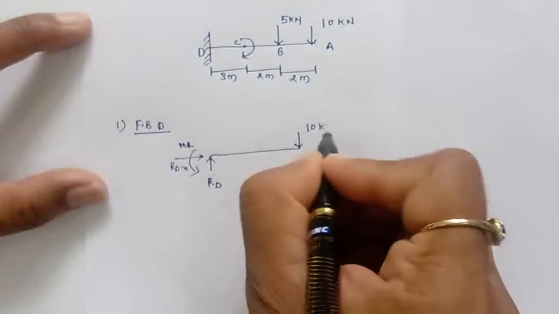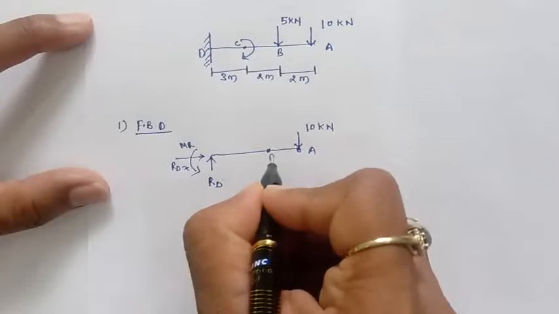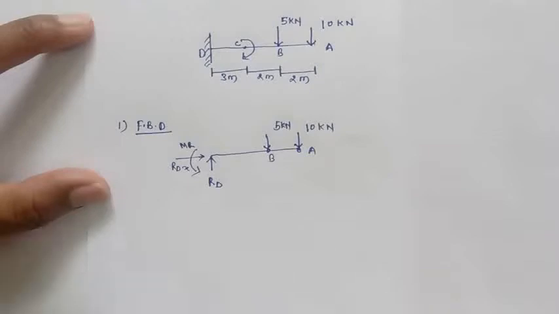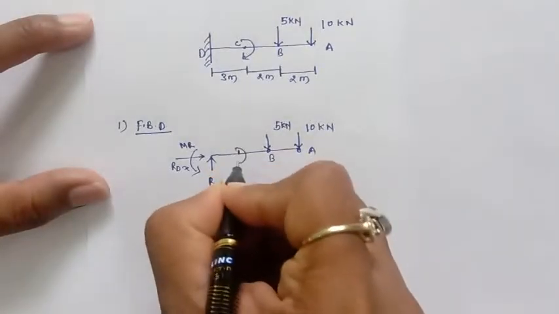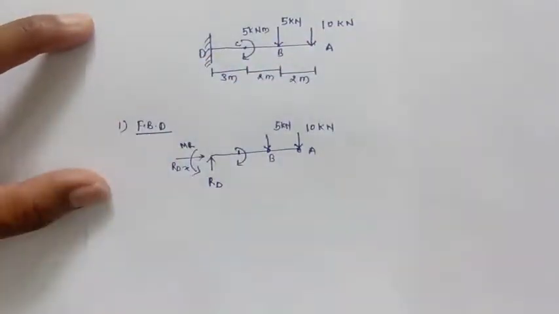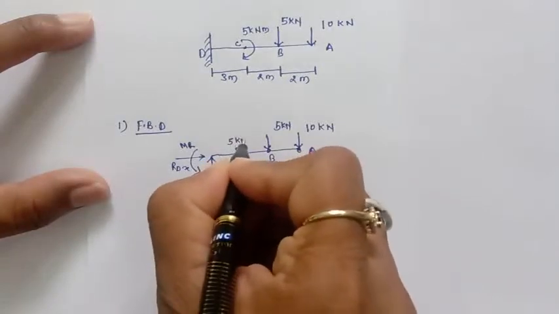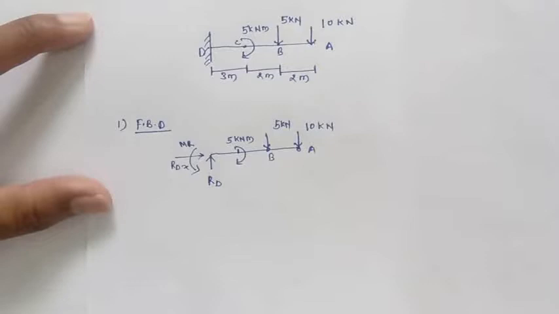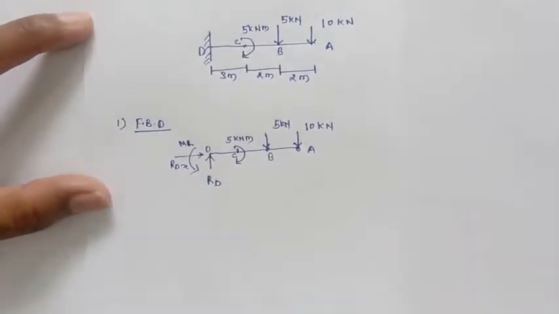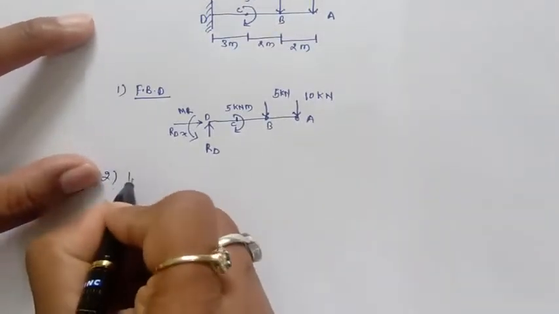So this is the 10 kilonewton, this is point A, and this is the point B where the 5 kilonewton force is there, then the couple is there, and this couple is 5 kilonewton meter. So the 5 kilonewton meter couple is there. This is the point C and this is the point D. So this is the free body diagram of this problem,